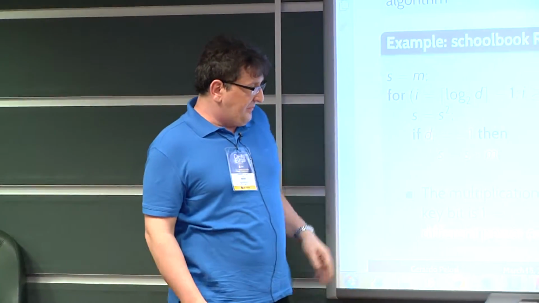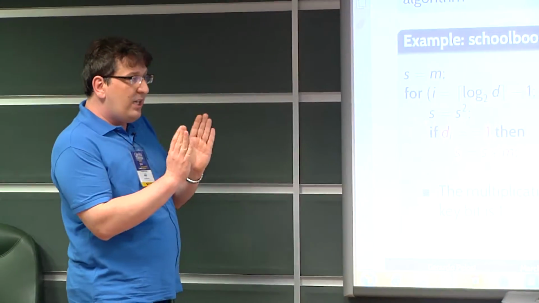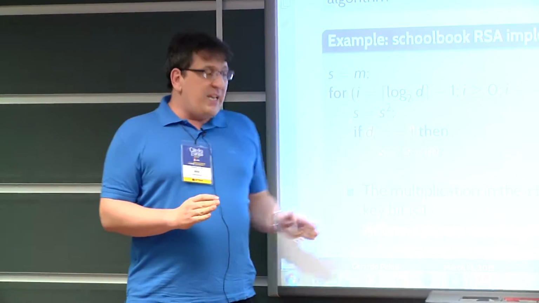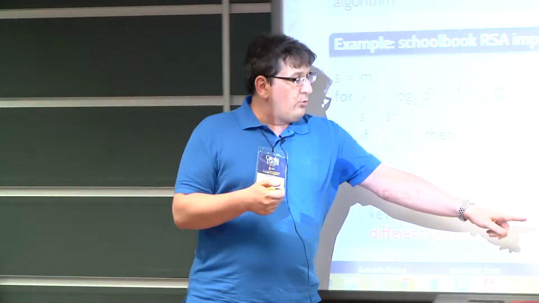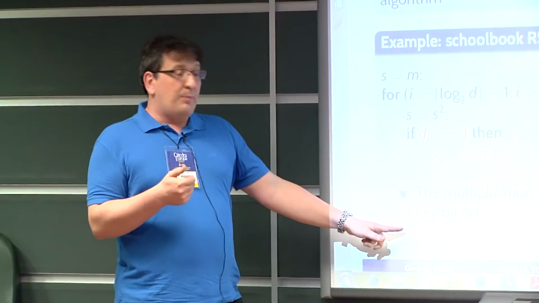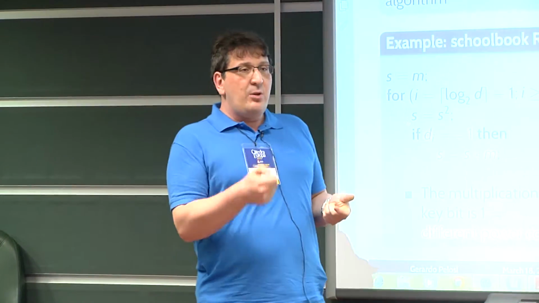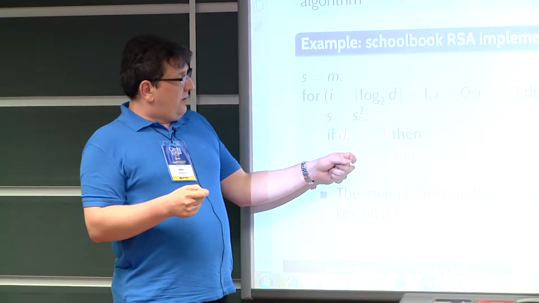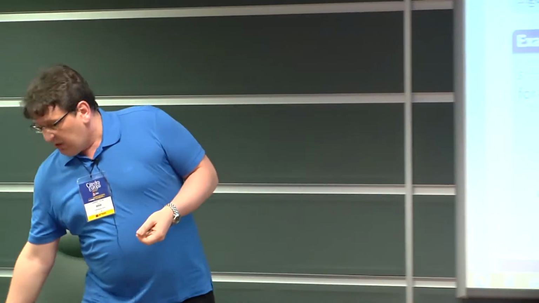So the multiplication in the if construct is performed only if the secret key bit is equal to 1. This means that if you are able to measure either the execution time or the power consumption during the execution of the algorithm, you are able to distinguish if at a certain instant of time a further multiplication has been performed or not. Just to give you an example here.